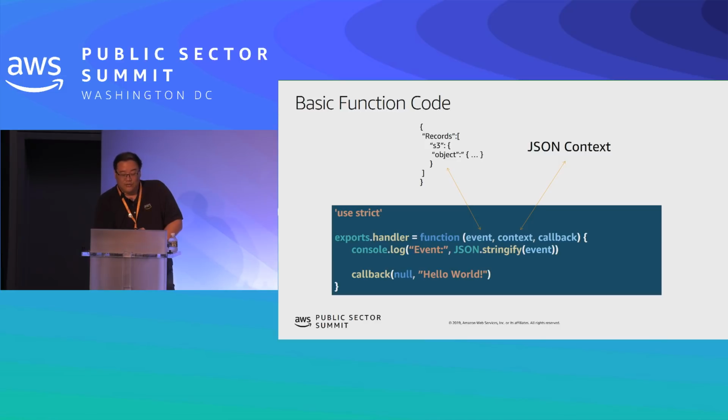It's got essentially an execution context that goes along with it, and then you write your custom business logic to act on that event. In the case of Node.js, for example, both the event and the execution context arrive simply serialized as JSON objects, which your application development process can then deserialize and process accordingly.